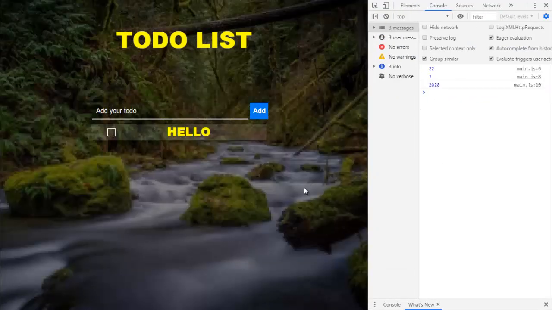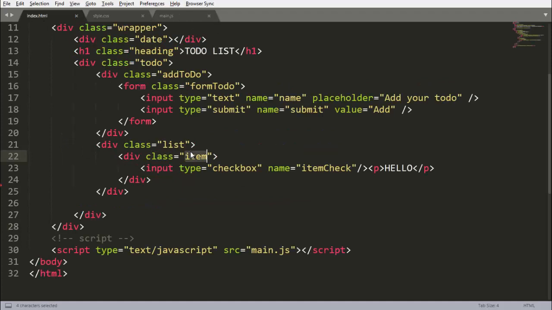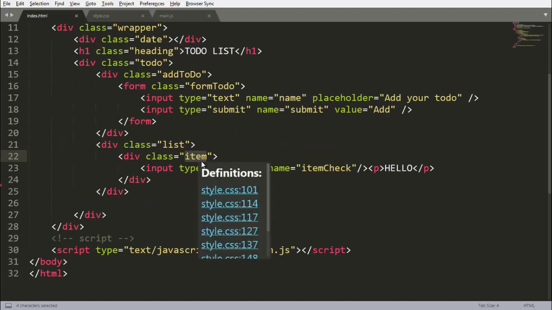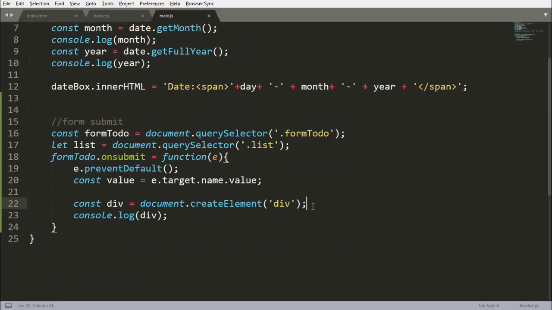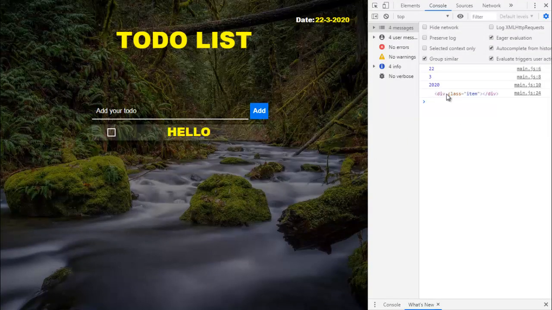So when I reload this and click on add, we are getting this div here. Our div element is created, but it is not appended to this list yet, and it does not have a class. We want our class as item, as we have already assigned the CSS. For that, just write div.className equals item. So this is our item. When we reload it again and click on it, now we have class item